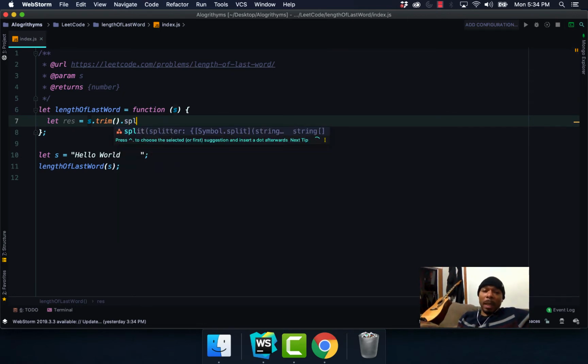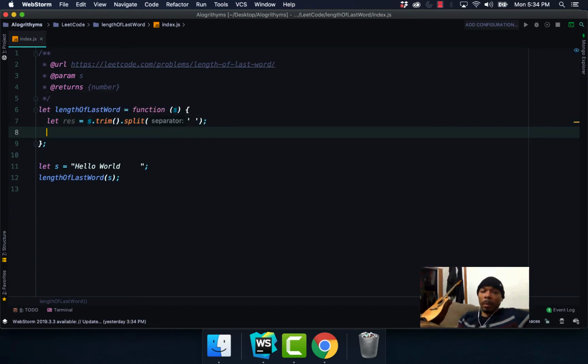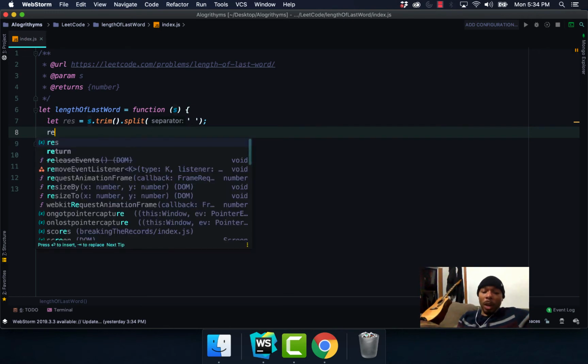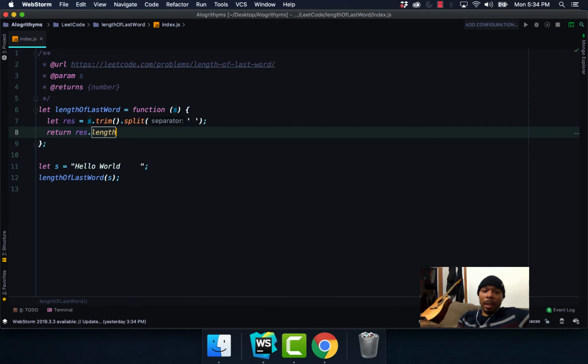So trim.split, we're going to split our array. If we add just a string separator, that's going to separate each one of our characters. But instead, we want to separate our words. So let's add a space in between our quotations. Now we're going to return our response dot length,